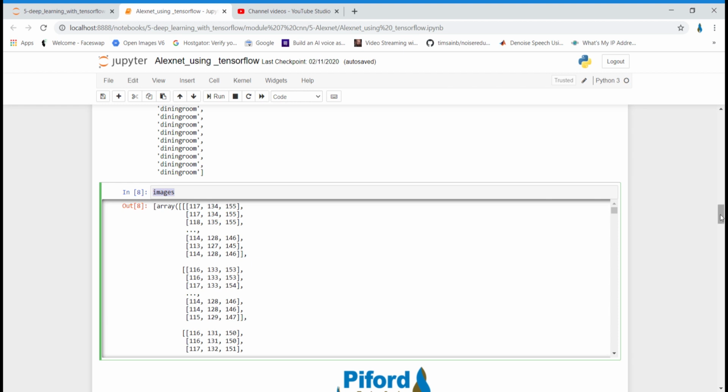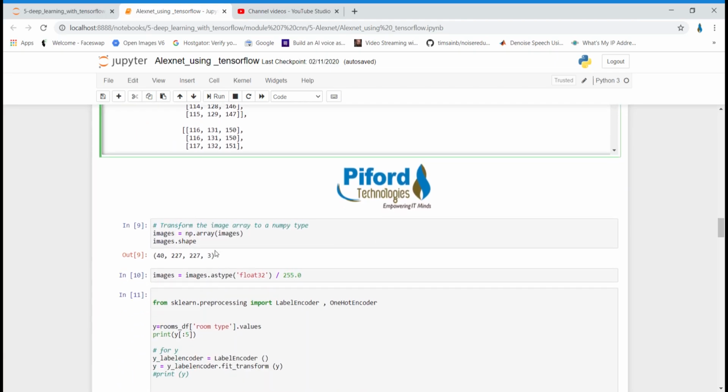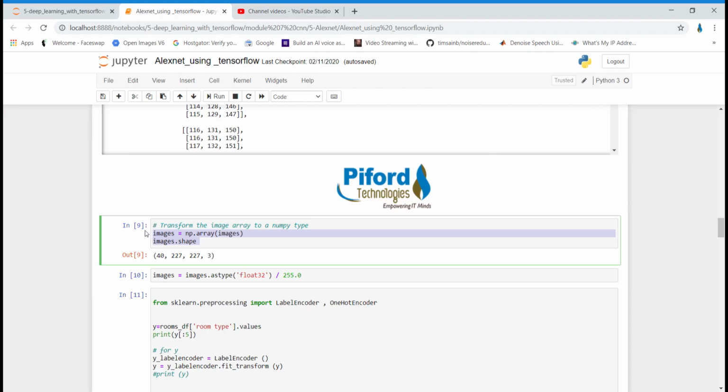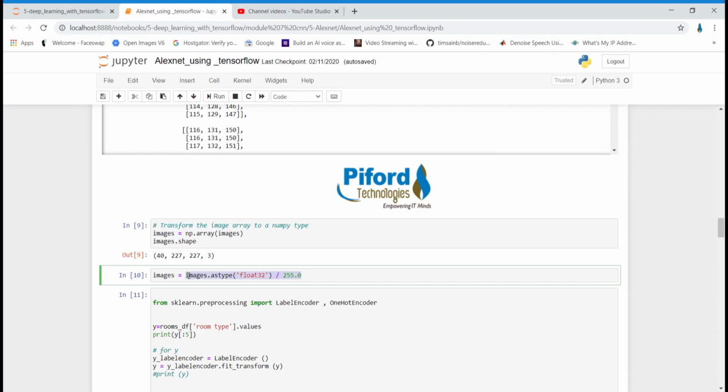Why? Because the computer understands images in the form of array pixels, in the form of numbers. So this is how our image looks like. This is how our computer reads our images. And then over here, we are converting our images into an array by using numpy.array, right? And in the next line, I'm dividing those images by 255.